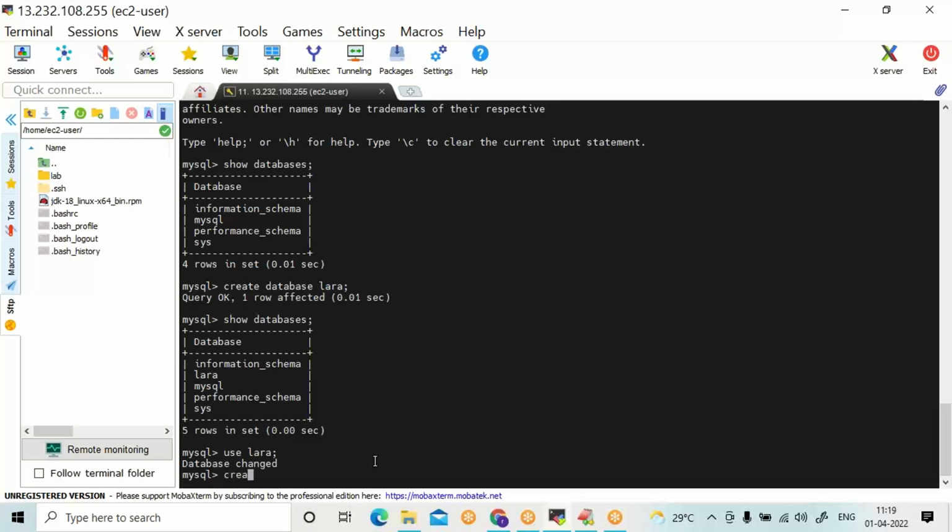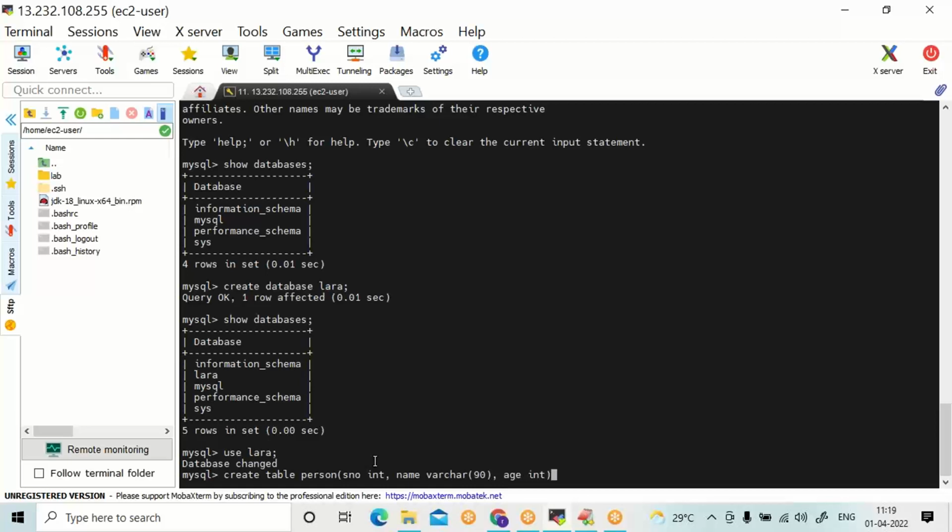Let me create one simple table. Create table person with SNO int type, name varchar. It's not varchar2, it is just varchar in MySQL. Age int type.